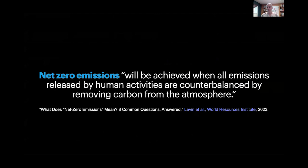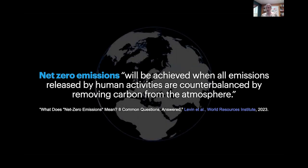Okay. So again, we're talking about net zero emissions. It's ultimately an equal sign. All of the emissions released by human activities get counterbalanced by removing carbon from the atmosphere. And this was originally a planetary concept. It is a planetary concept. I think that's where it makes sense. And so it can be a little confusing to quantify when we go below the planetary level. And a lot of the difficulty is, what is my removing carbon from the atmosphere piece of this? So if I count something as carbon removal or as an emission offset, right,